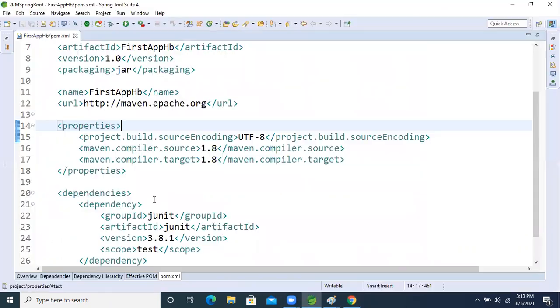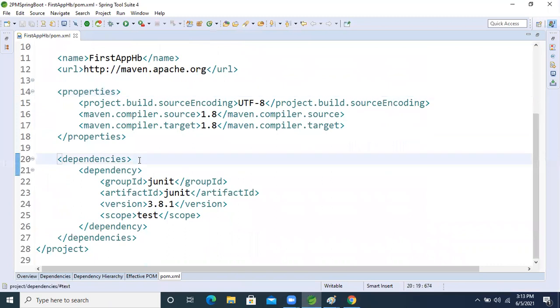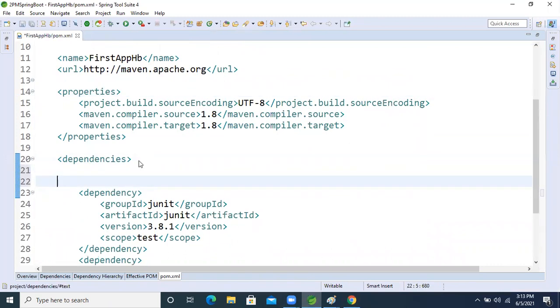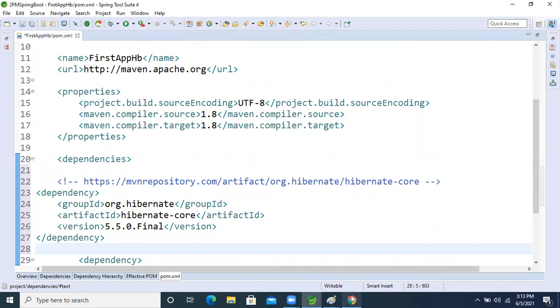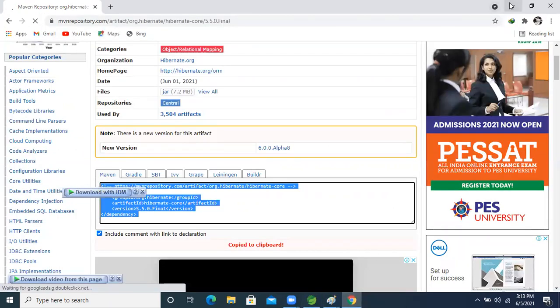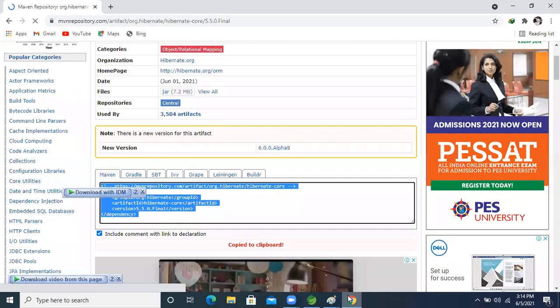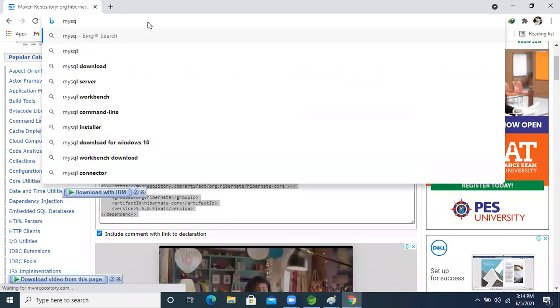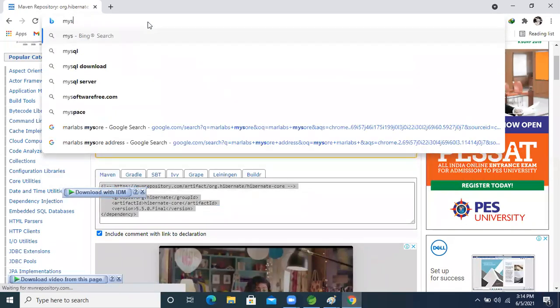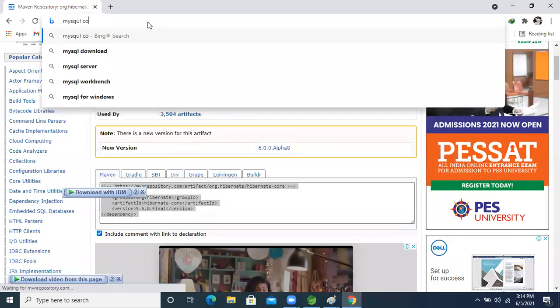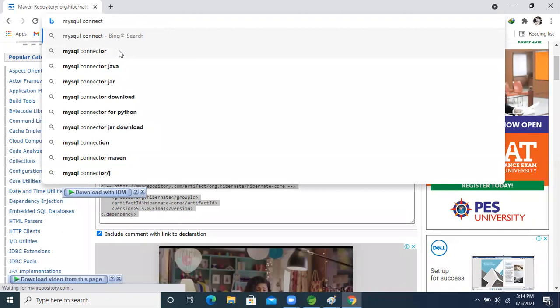Now go inside, the dependencies are there, right? Inside this dependencies, we will paste this core dependency. After that, to connect with our MySQL database, we also need one dependency. That dependency name is MySQL connector, right?